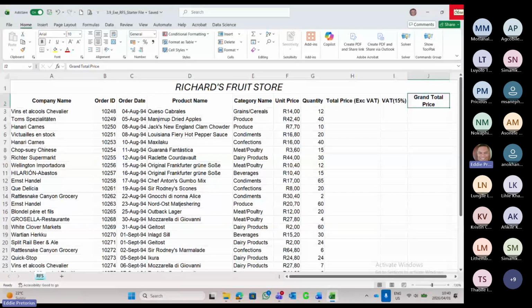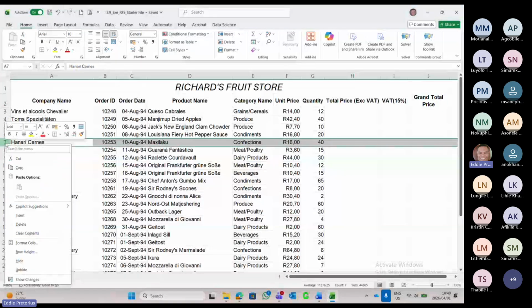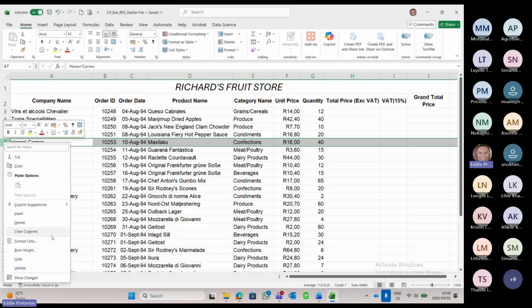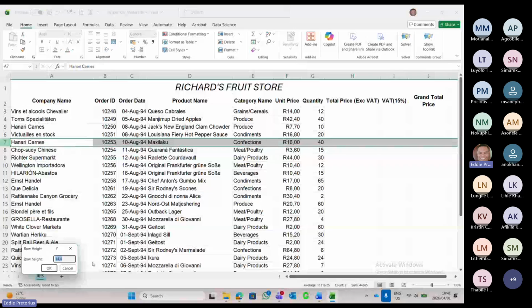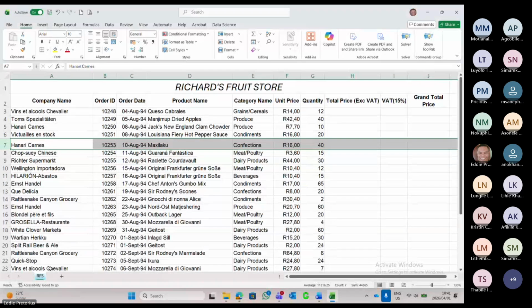We can also change row heights. I want to change the row height. Right click with my arrow. Can you see the black arrow? I right click and I want to change the row height, which is currently 14. I want to change it to 20 and check what happens. I made it bigger or taller. That is just to show you how we can change row